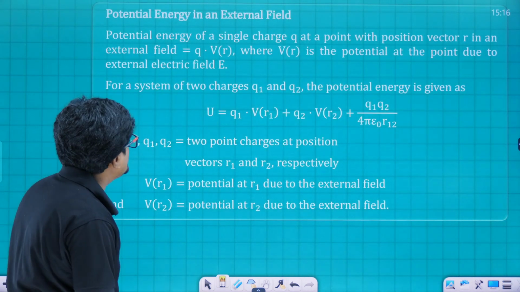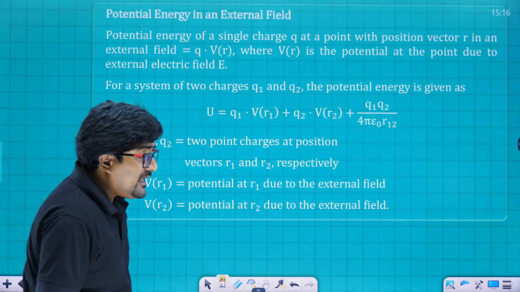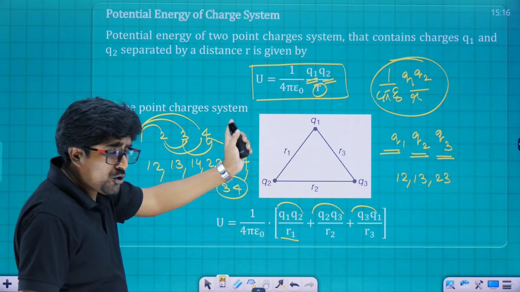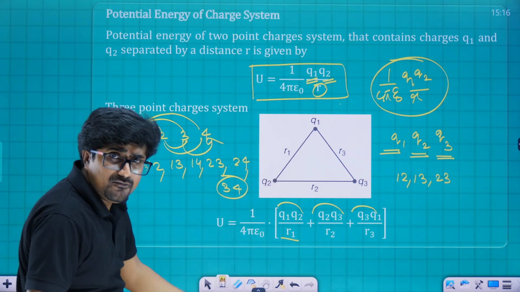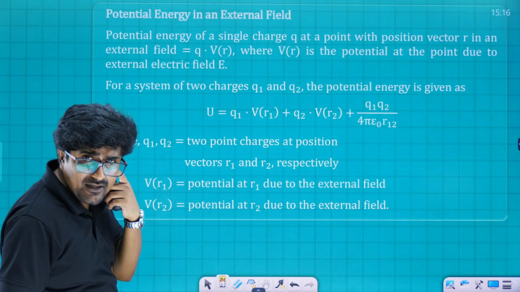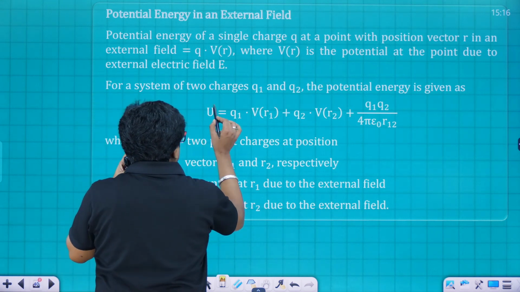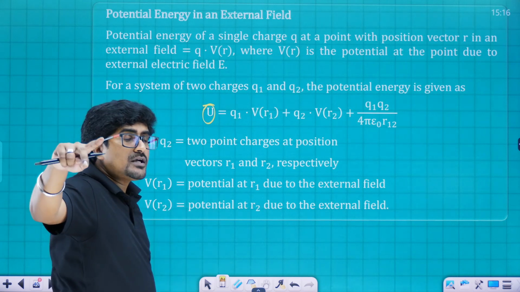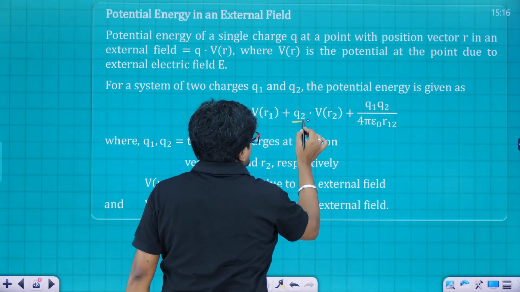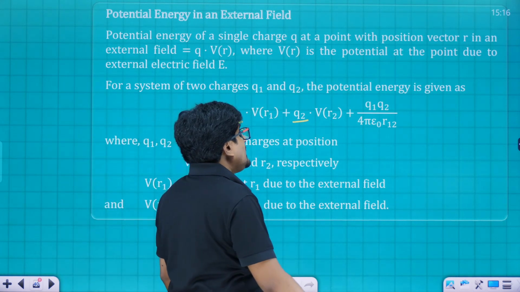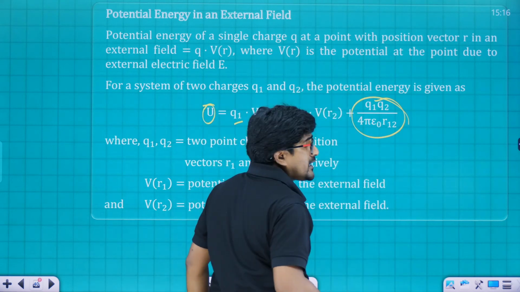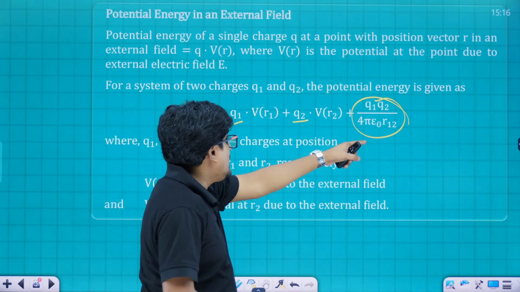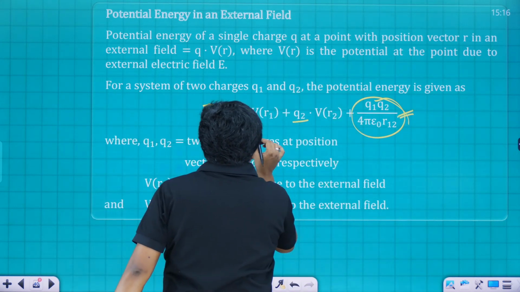Next is potential energy in an external field. That means if I consider Q1, Q2 or Q1, Q2, Q3 in an external field where capital E is the electric field, then the electric potential energy of the system is going to be. Here I am going to consider a case with only two charges, Q1 and Q2. Due to their individual presence, there will be an electrostatic potential energy, that is 1 divided by 4 pi epsilon naught, Q1 Q2 divided by R12. Definitely that needs to be considered. In addition to that,